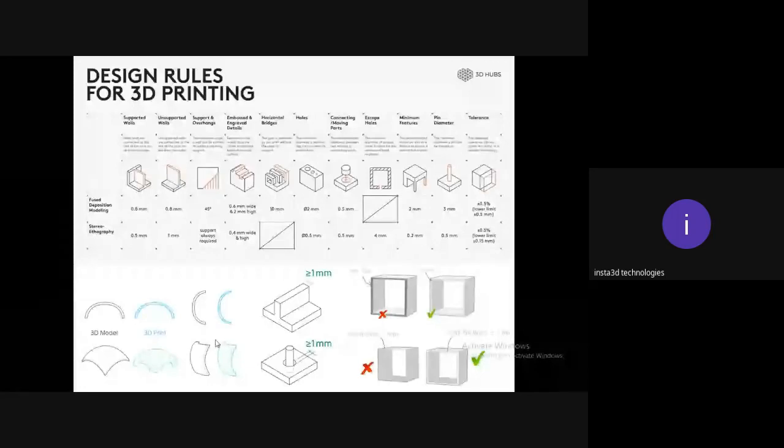Also, while you are going for a design, on the right end you can see square boxes, and those boxes should be solid parts, and not surfaces with only thin faces. It should not be a hollow one. A hollow one should be completely packed with material while you are designing, and if there are any surfaces only, it won't print or it won't be considered in the slicing software. And the minimum wall thickness we should maintain for a good print is 1 mm. Okay,